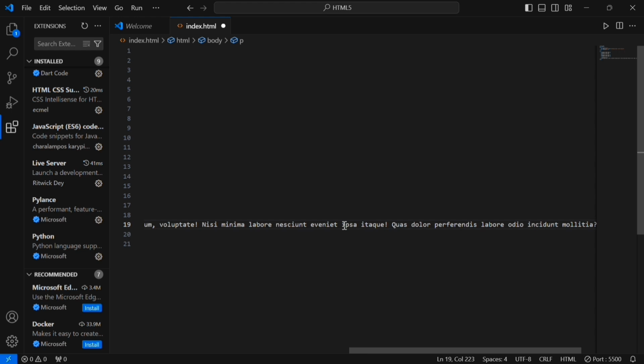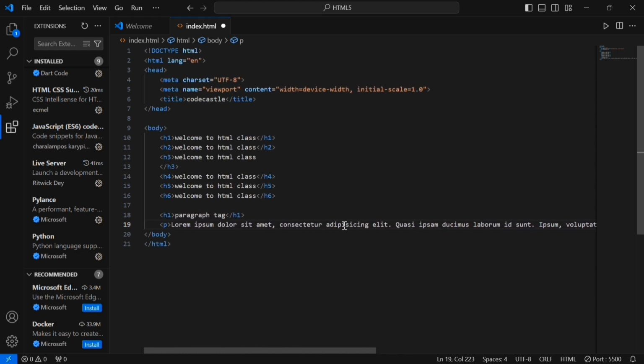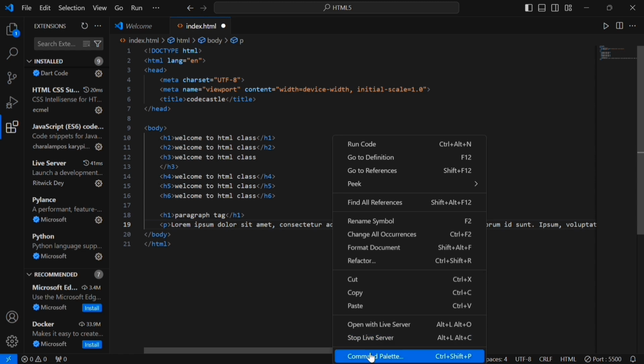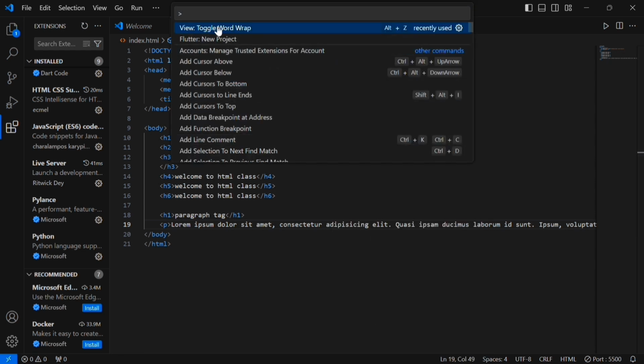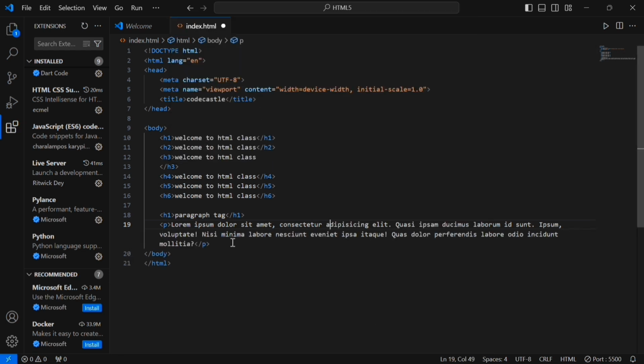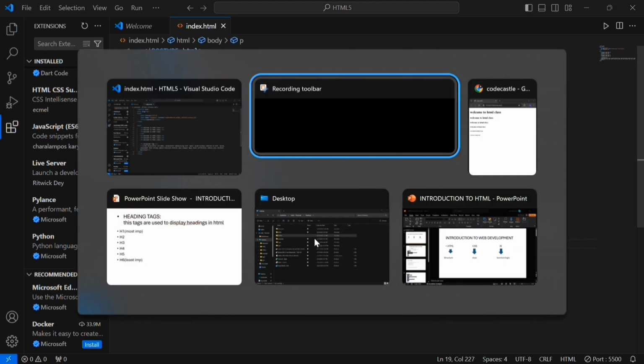In display, it gives us some default text here. So right click, command palette, toggle word wrap. Here I am using toggle word wrap because we want to display our text line by line. So let's save this code and run in a browser.